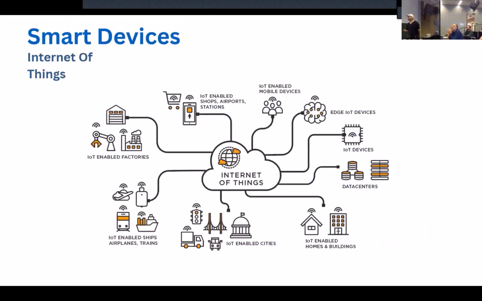Yep. So this is the typical IoT structure where there are a lot of smart devices connected to the internet, and each one of those smart devices is a point of security threat, which, if in the wrong hands, can undermine the whole Internet of Things or the whole internet. There are a lot of security threats that we want to overcome. Like the first one is authentication. You want to make sure the device that is connected to your network is actually the authenticated and correct device.